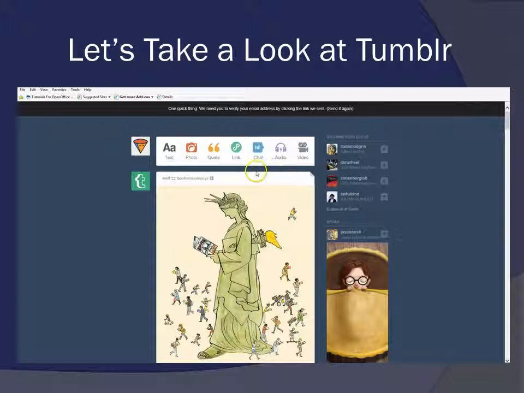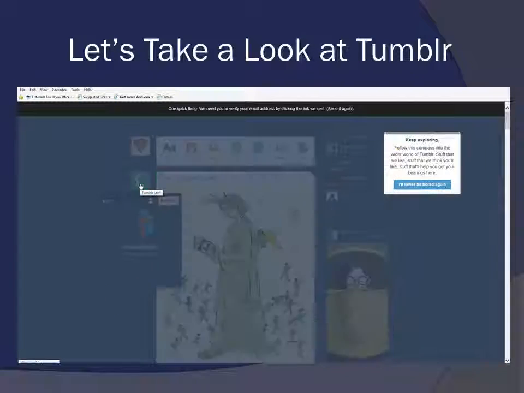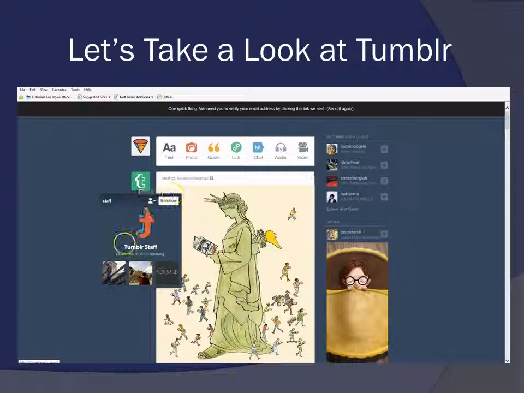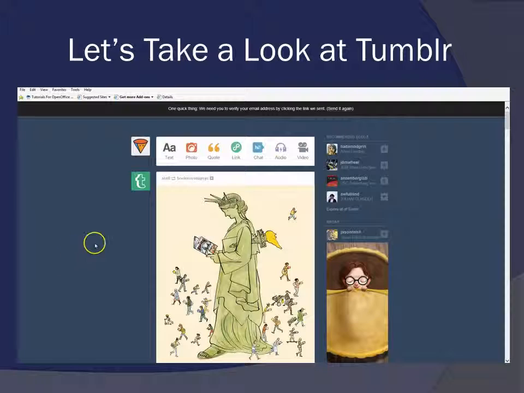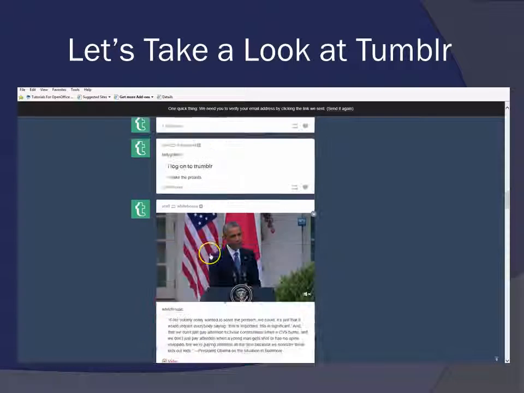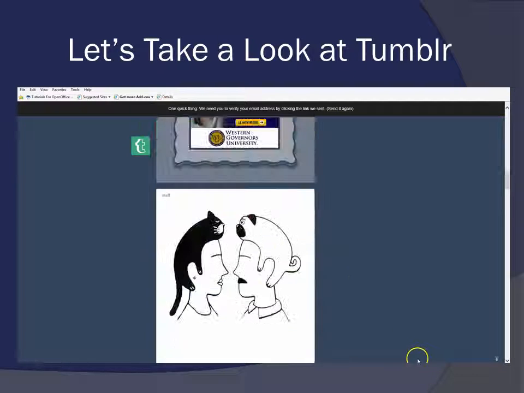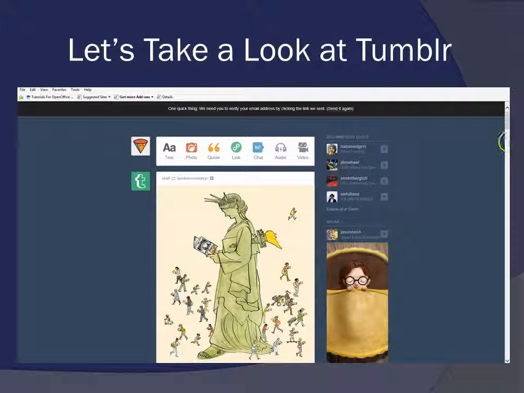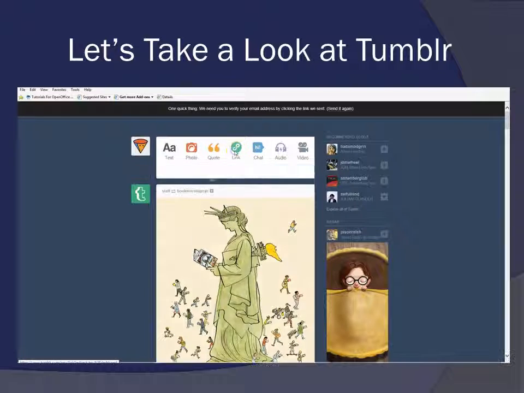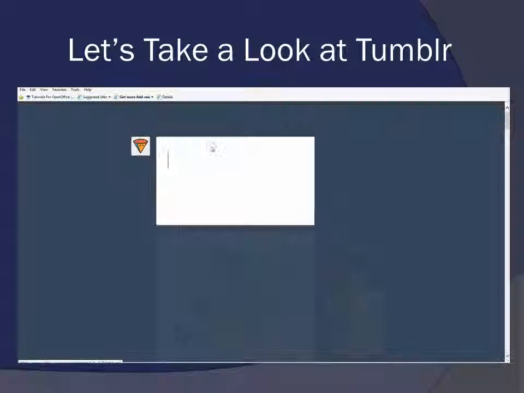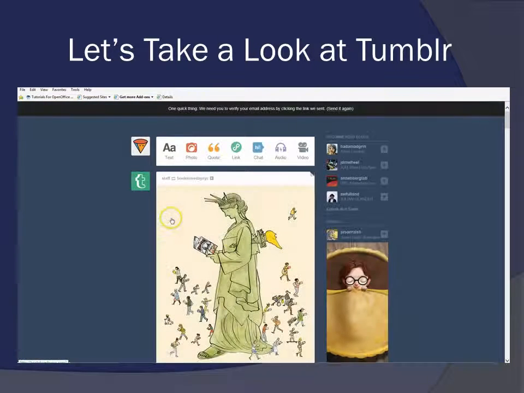Okay, so now I can come back over here, and it has changed my stuff for me. So from here, I can actually unfollow this if it ends up being something I don't want to be following. We kind of get the idea, though. It wants me to verify my email, so I'm not sure how. We're pretty limited, but let's say I want to add a link, so I could paste it in there. A quote, I can paste it in there.